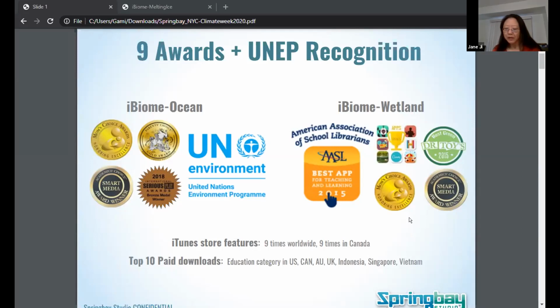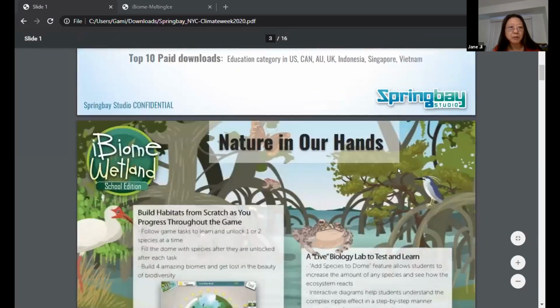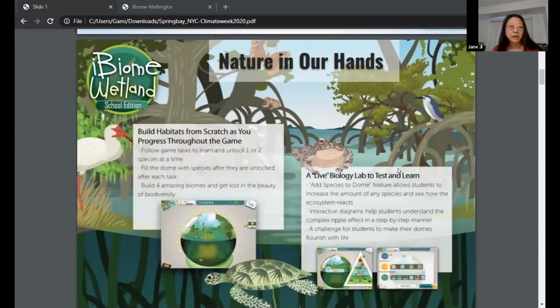So what we want to do is really to encourage sustainable behavior. That all starts with building ecosystems. That's why in our first game, About Wetland, the students can build virtual habitats from scratch, and then use this virtual simulation as a learning tool to validate their understanding of how species are all connected. Like previous presenters mentioned, we all recognize how important this is.